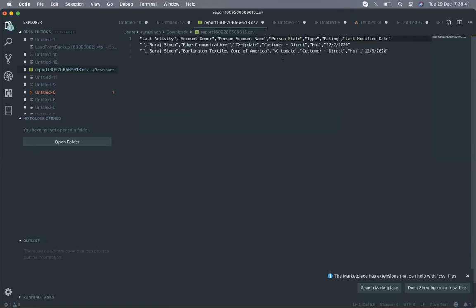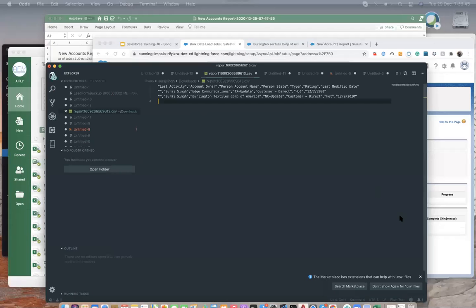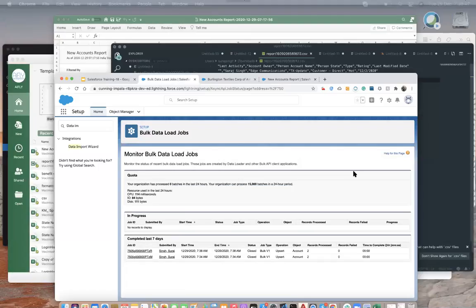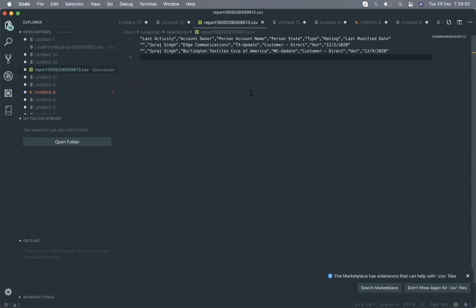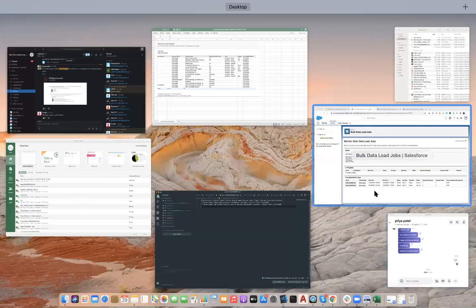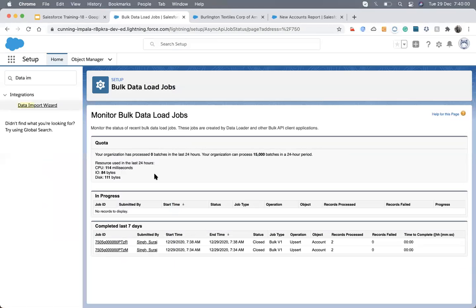I'm giving only two as an example. So I just save it. Now I have to do such an import where headers are not the same as the headers present in Salesforce. So at that time, it will not do the auto match. So let me show you.